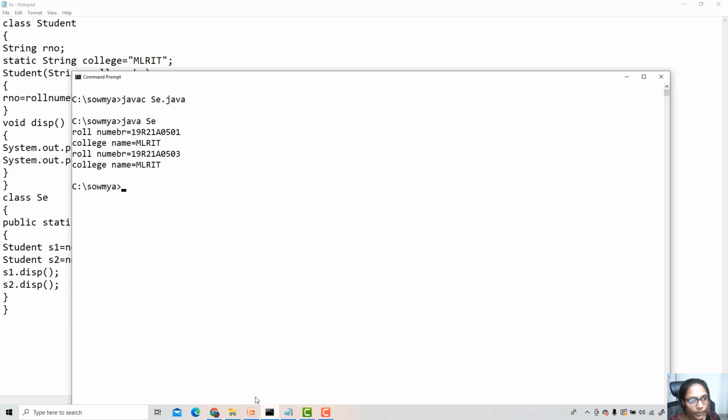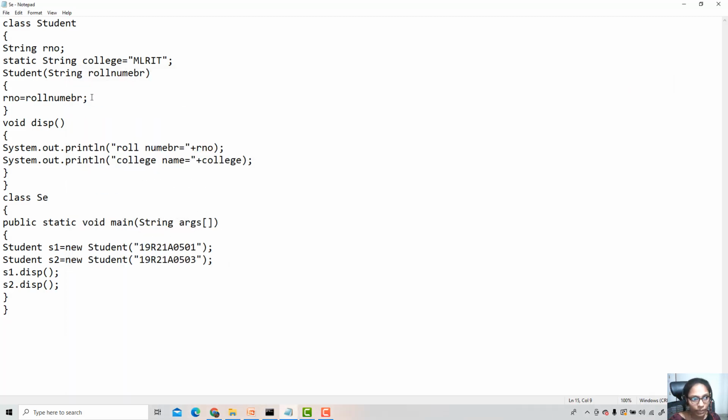So roll number is 501, college name is MLRIT. Roll number is 503, college name is again MLRIT. So here MLRIT is common, so we are not assigning it every time. Even if you observe the constructor, we are assigning only the roll number every time. The college name will be assigned only once.